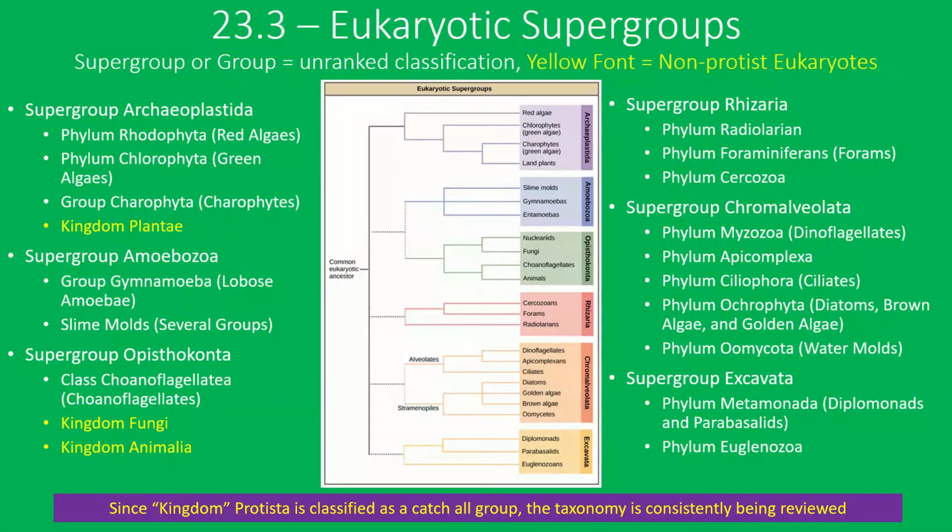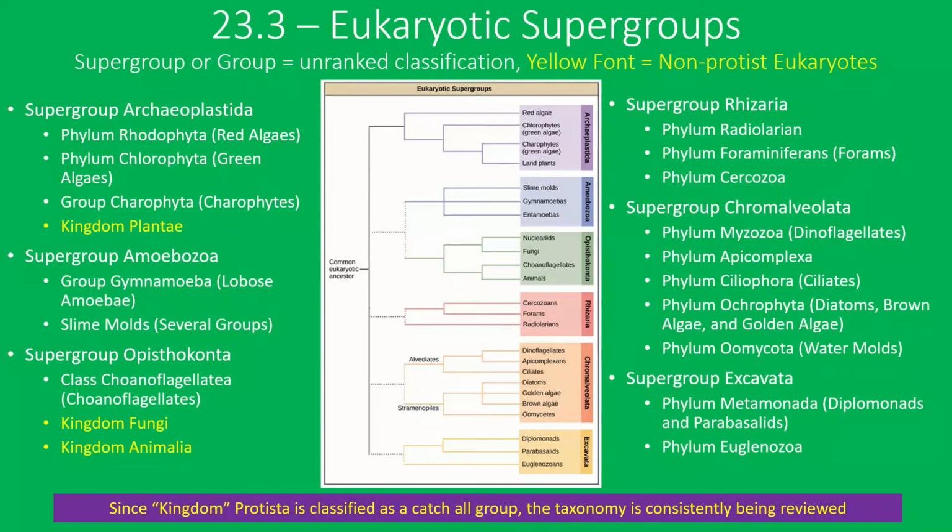Historically, Kingdom Protista was a classification, but new taxonomic and molecular data suggest that this is an outdated idea. Kingdom Protista is likely to be divided into several kingdoms in the coming years. The image and classification on this slide are at best a hypothesis. More research is needed to improve this cladogram.